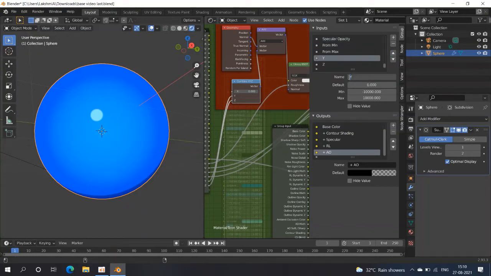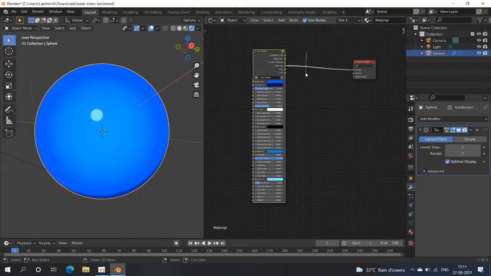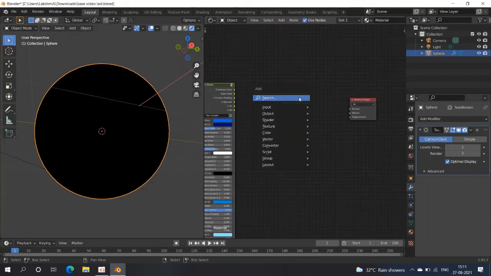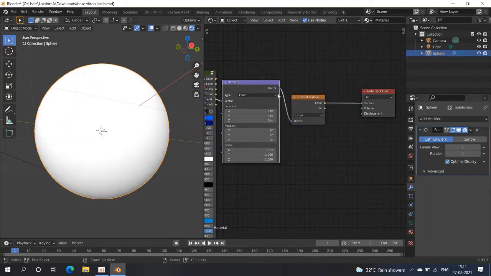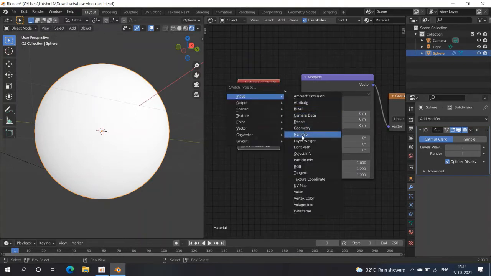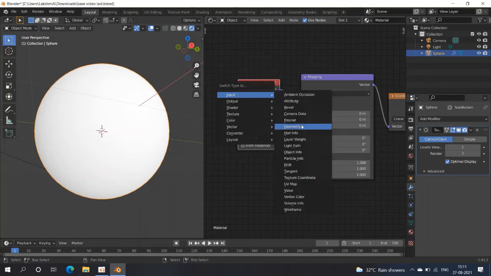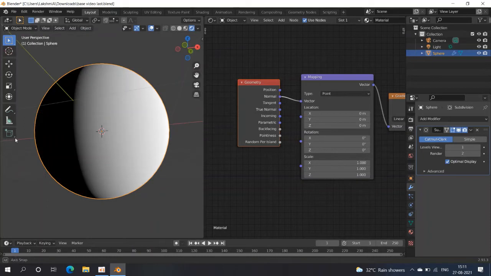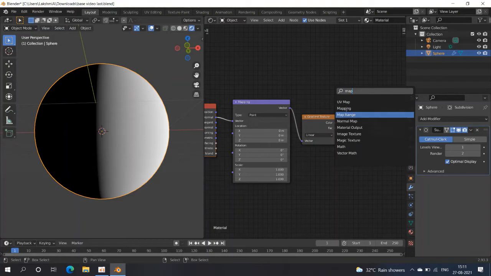This is gonna be offset Y and offset Z. And the next thing we are going to do is a gradient effect. For that, first I'm gonna add in a gradient texture. Control T if your node wrangler is enabled, and instead of the texture coordinate, we are going to use the geometry coordinate. The normal goes in there, and the next thing we're going to do is add in a map range node over here,